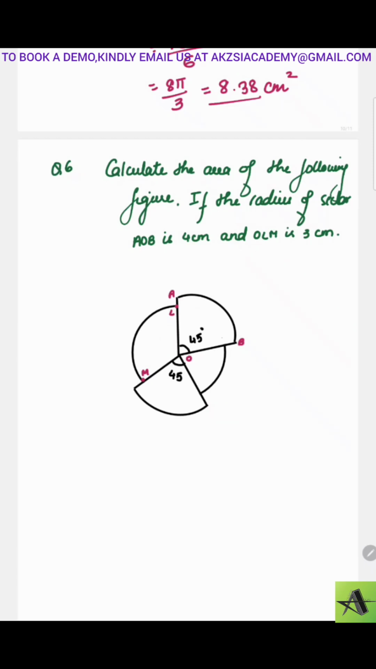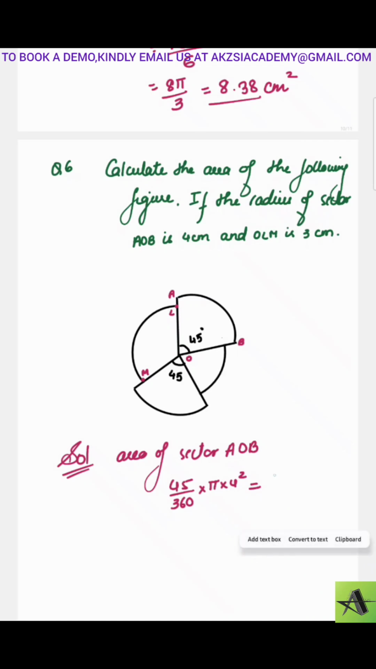Now, let me calculate the area of this sector first, which is this one. So we know the formula to calculate sectors. First, I'm calculating the area of sector AOB. The formula to calculate the area of a sector is theta over 360 times pi r squared. So theta is clearly 45 degrees here, which will be 45 over 360 times pi, and r is given as 4 centimeters. Clearly the radius of sector AOB is 4, so 4 squared. On solving, I'll get the answer 6.28